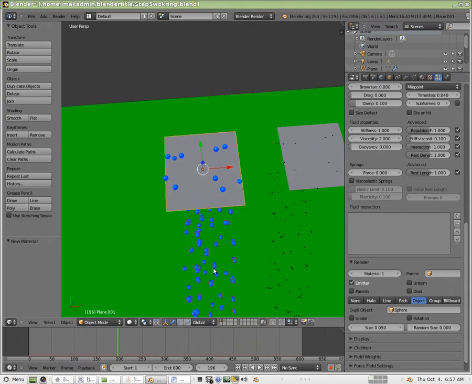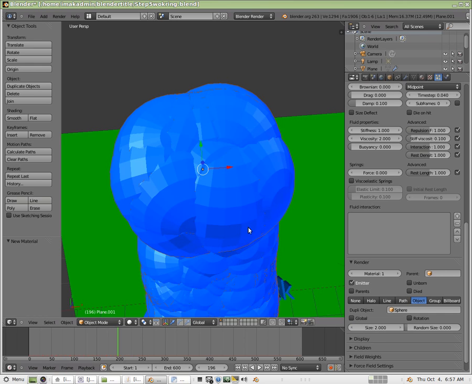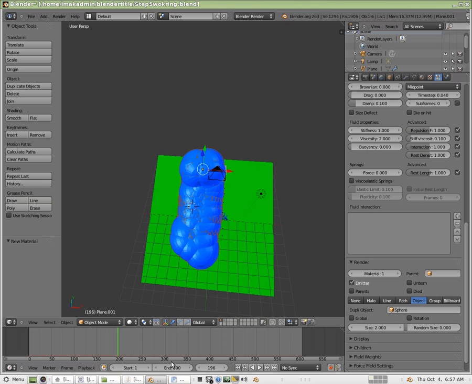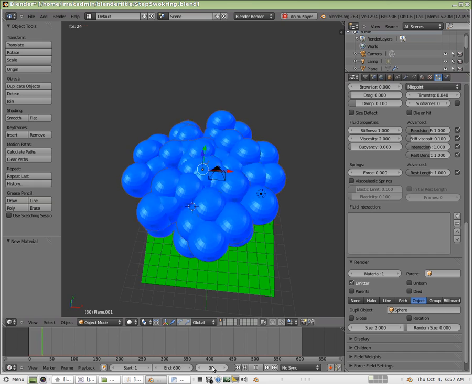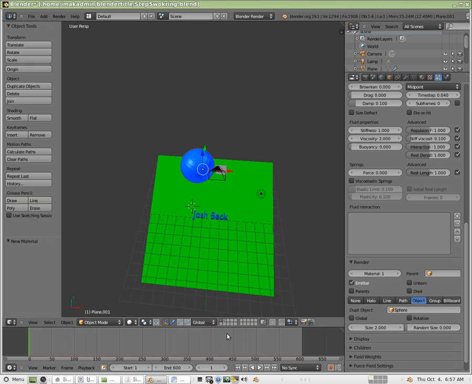They've all got spheres there, and you can adjust the size down here at the bottom if they're too big. For example, I can make the size 2, and you can see that the particle emitter is emitting very large spheres, kind of blowing up like that, which is cool, probably not what we want. So where it says size, I'm going to switch it down. 0.5 looks like that, still too big, and I believe that I had it set to maybe 0.05. There we go. So now I've got a series of objects that are trickling down